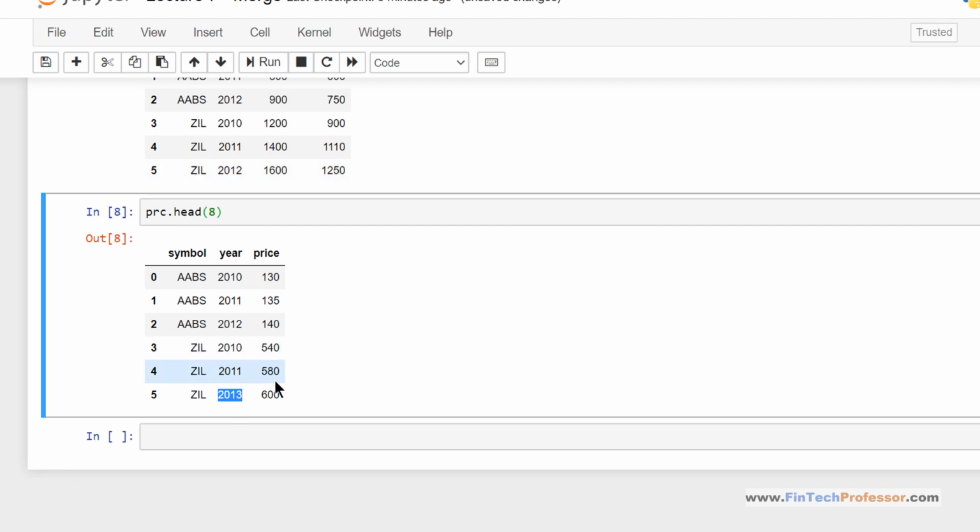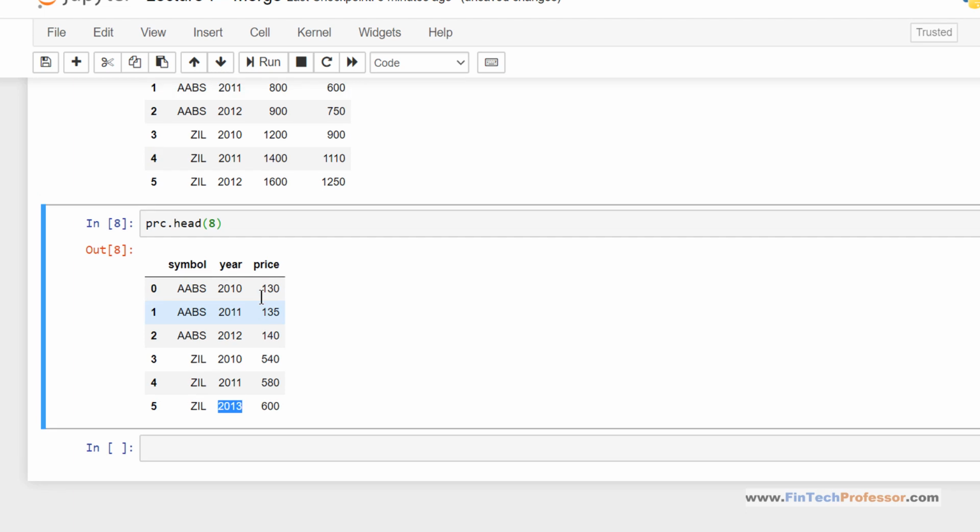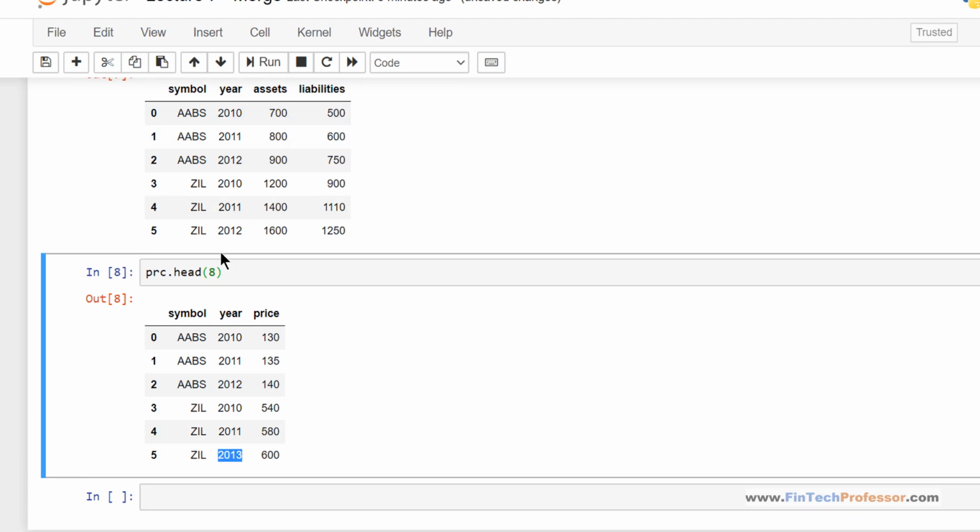Okay, what I would like to start with is the one-to-one merge. One-to-one merge refers to a situation where we merge two data sets that do not have duplicates. These two data sets do not have duplicates because AABS 2010 does not appear twice.